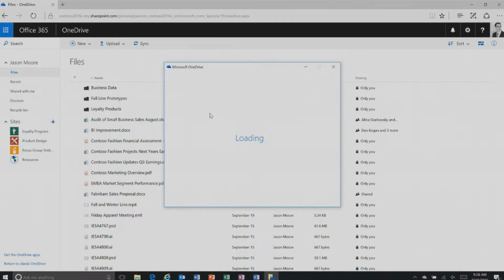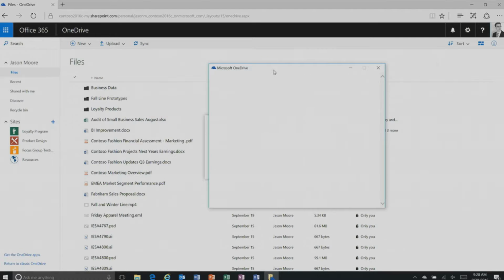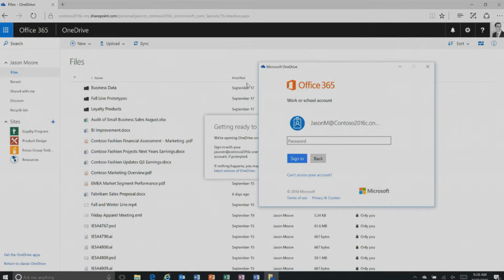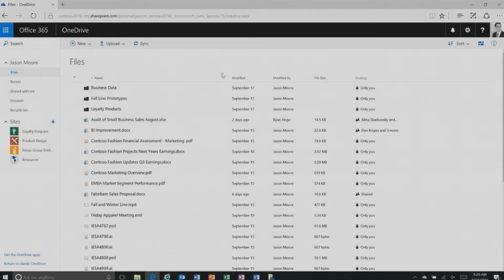Oh, it's going to take a while. All right, well, you get the idea. I'll just walk through the rest of the demo. I would sign in, and then the setup wizard would quickly walk me through the rest of setup. Literally, it's just 2 more screens, and it takes about 2 minutes for your users. And that's it. So let's go back.